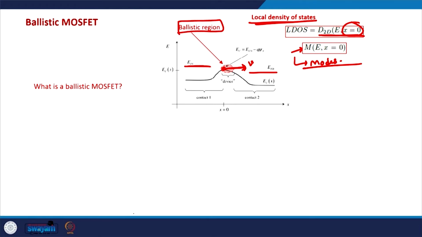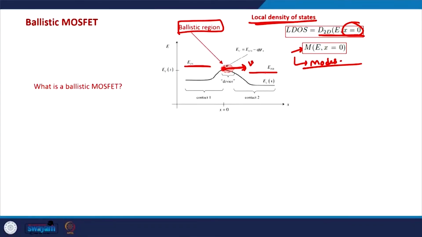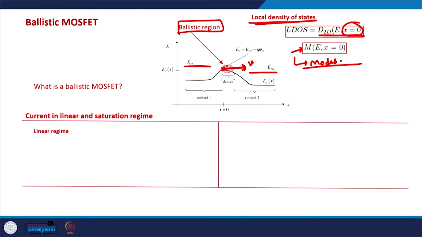So, in equilibrium equal amounts of electrons are coming from the source and the drain side. That is why the current is 0, but as soon as some voltage is applied on the drain side, EFD and EFS are misaligned. EFD goes down if the applied voltage is positive, and in that case a current starts in the device. So, the expression of the current in the linear regime, if you recall, is